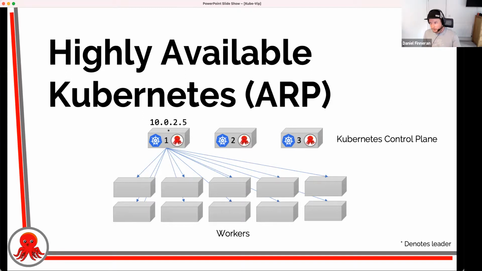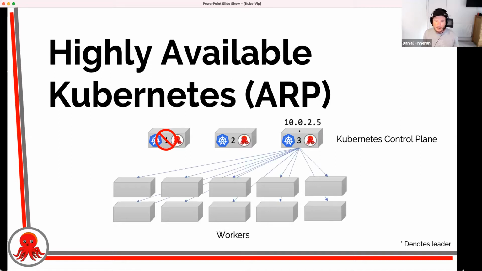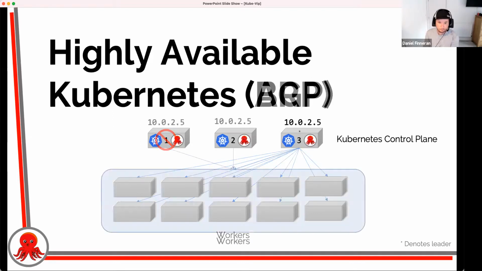One of the nodes from an ARP perspective will be the leader through leader election. In the event that that node goes through upgrade or node failure or anything like that, a new leader election will take place, at which point the network will be updated so that to get to that VIP, send traffic, in this instance, to control plane node number 3.